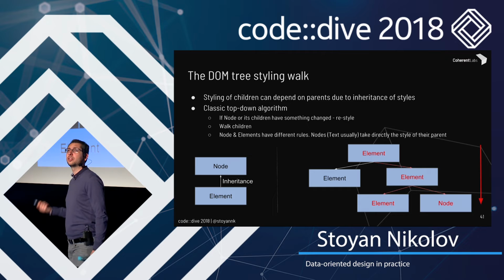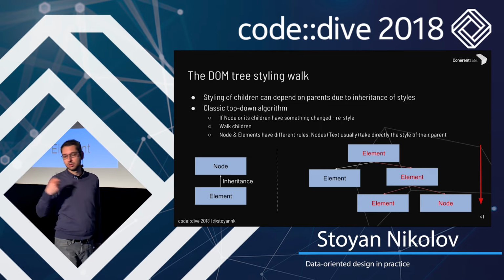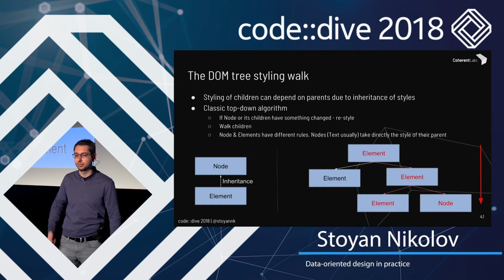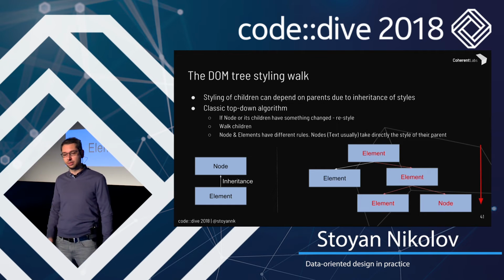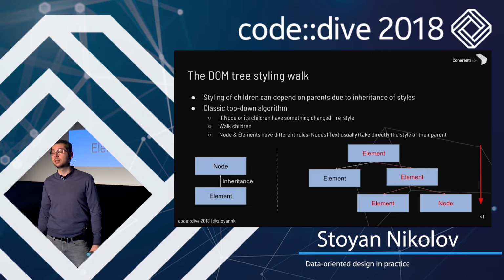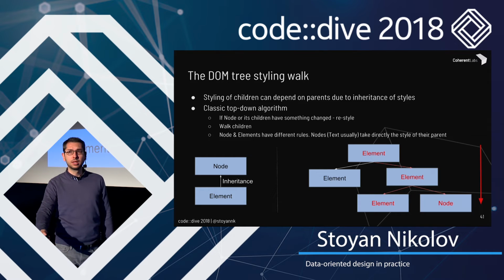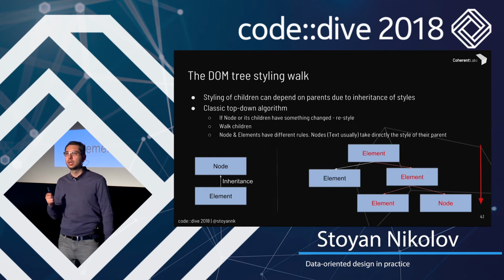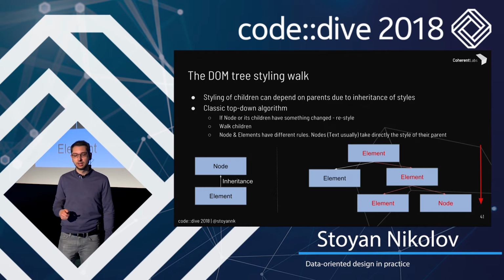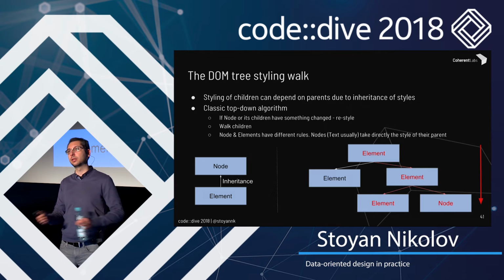But now we're walking a tree. And walking a tree is very slow because all those elements are somewhere on the heap. They're huge elements and so on. There's also another important fact that we know from our domain knowledge: as we said, elements inherit nodes, but they actually have different rules for style solving. You can do a cheaper style solve on nodes. So these are all the elements that derive directly from node, but not from element.